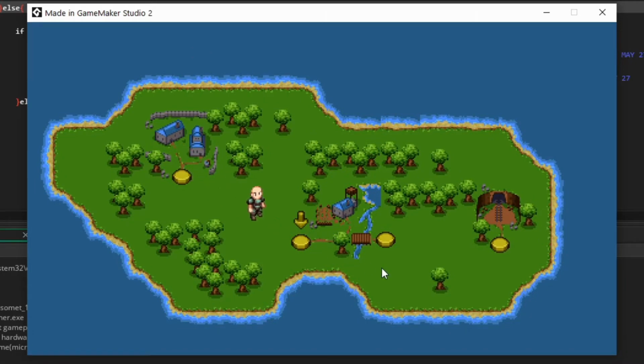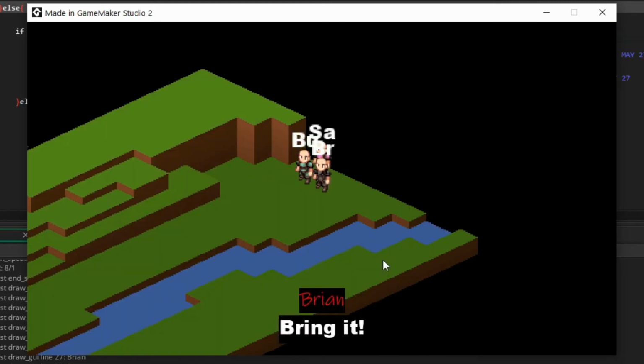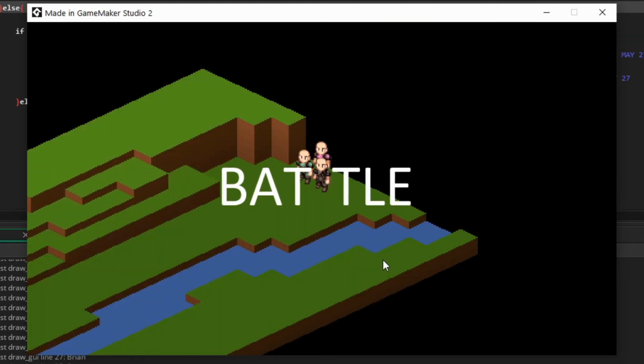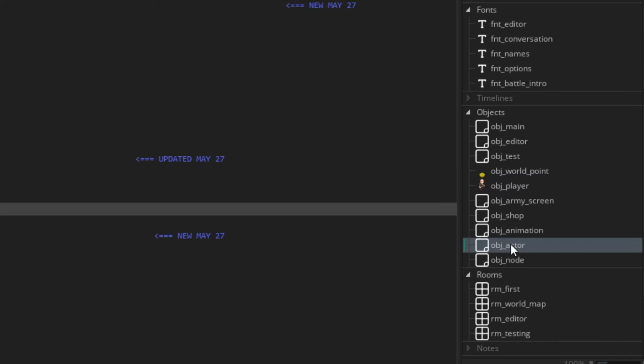Move to the battle, press space, we're done with that. Get through the conversation, and then this is the animation. Amazing. Okay, so if you make two new objects, the first one is going to be called OBJ actor, and